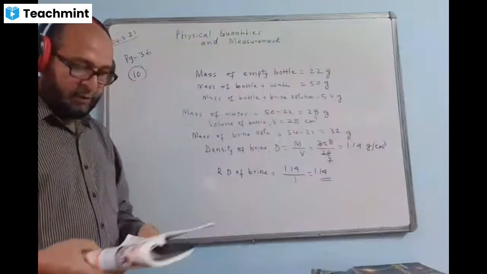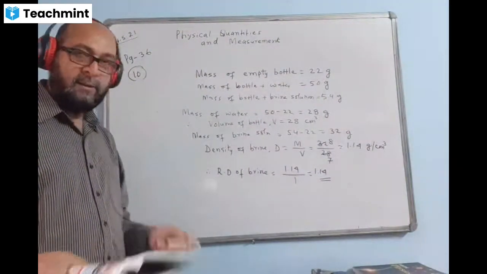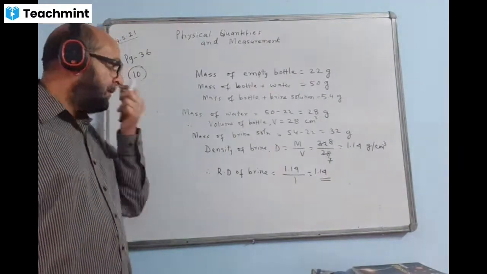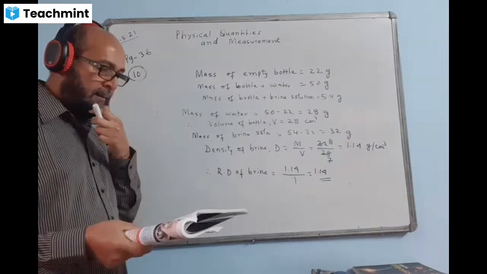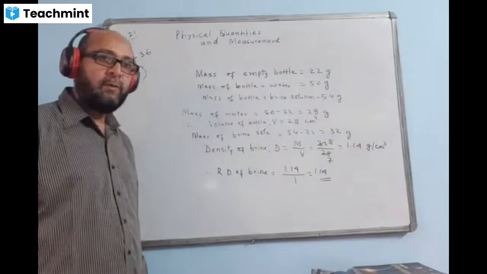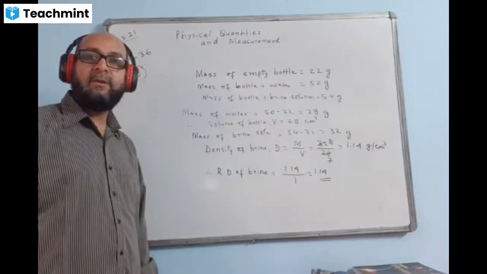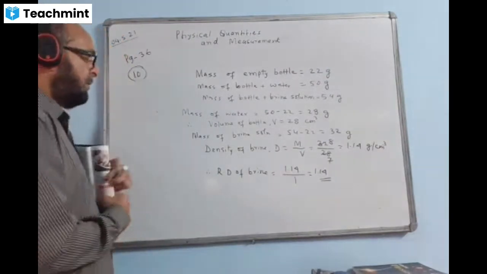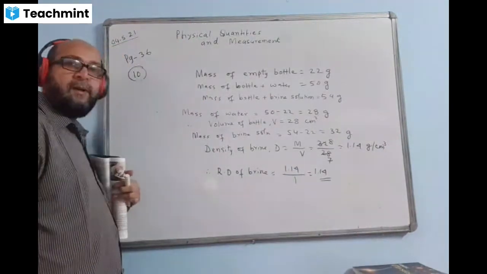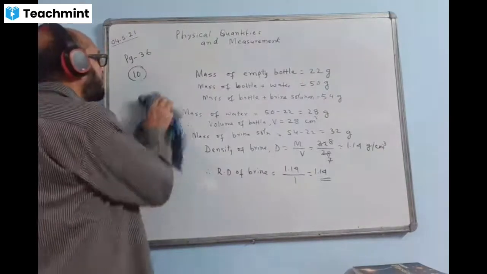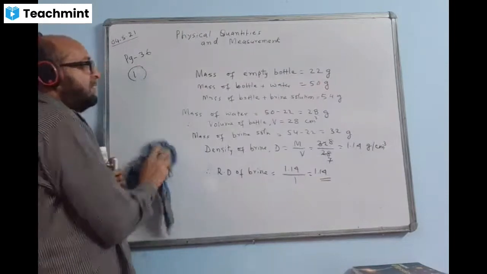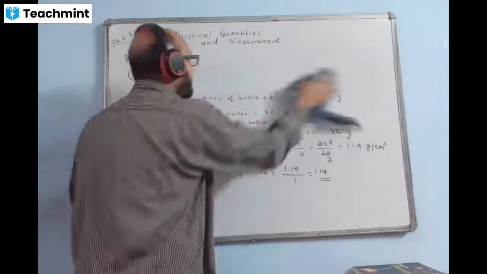Now we will be doing question number 11. Yes. The question answers you have to do yourself, okay? Because there is no numerical here. We have discussed last time, so you have to do it by yourself in your copy. We discussed all the answers, so now you have to do it by yourself. You can take the help of the book and whatever I discussed, you have to write that.